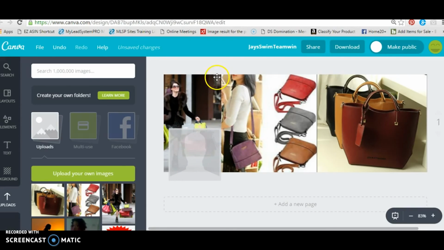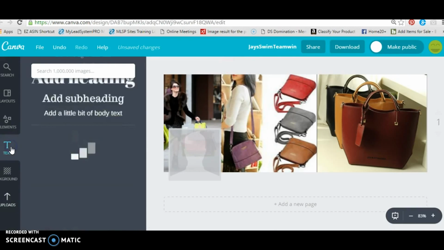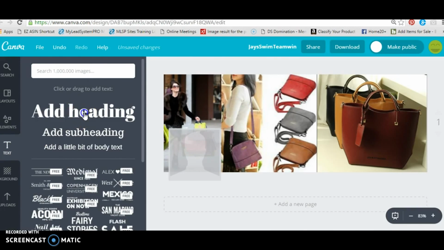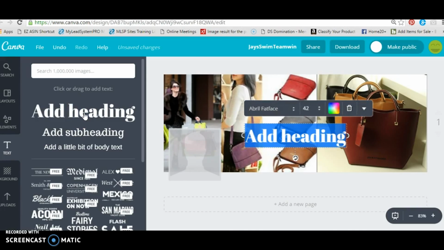And then what was our quote was a purse for every car and purpose. So we'll go into text and we'll add a heading, and we said it would be